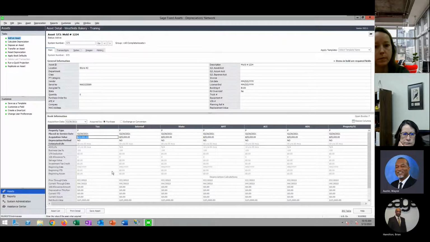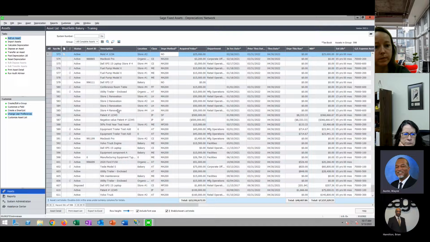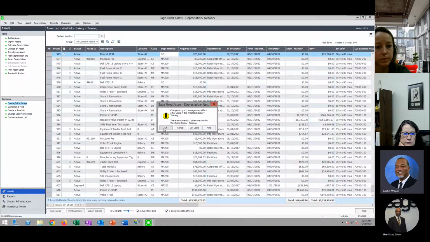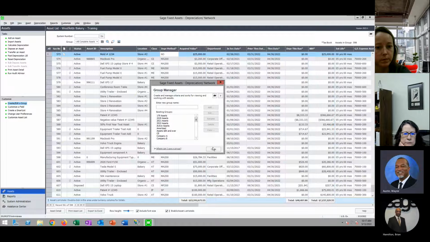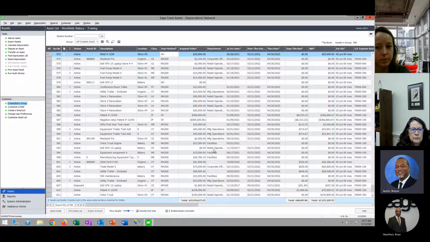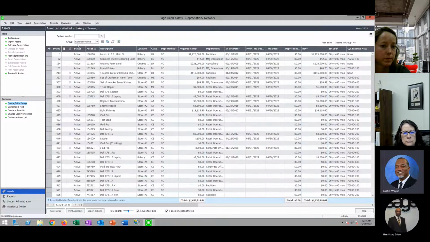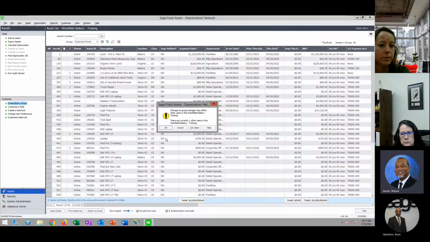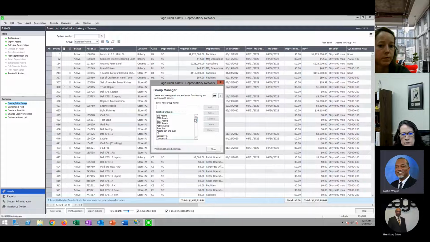So if you think about the reporting side, all I have to do to include or exclude these assets is create groups. So I can create a group, for example, that includes everything except expensed assets, so I can run all of my reports on that. But if I also need to run a report on just my expensed assets, I can also create a group looking at that. So if you look at my group creation here, just to show you how I've done this,